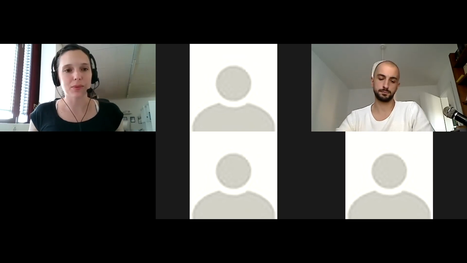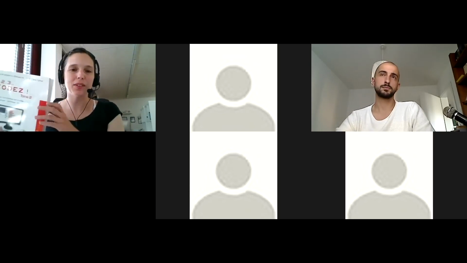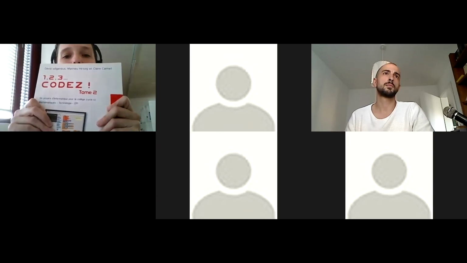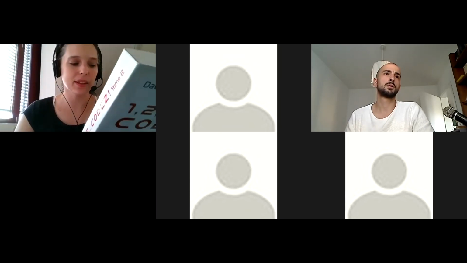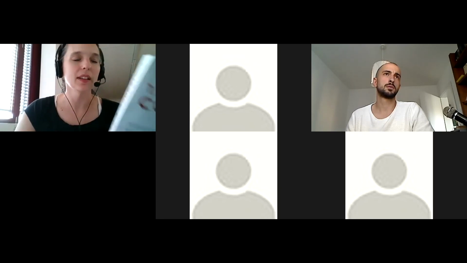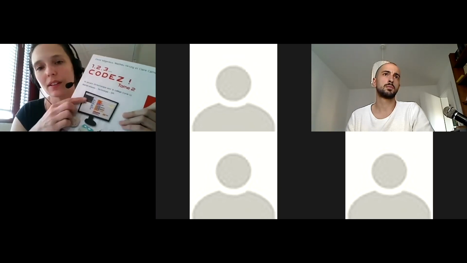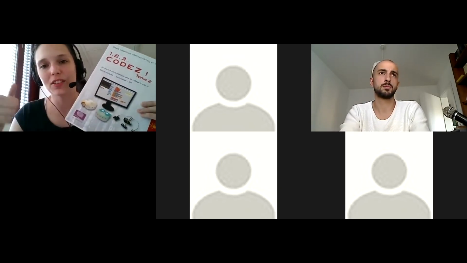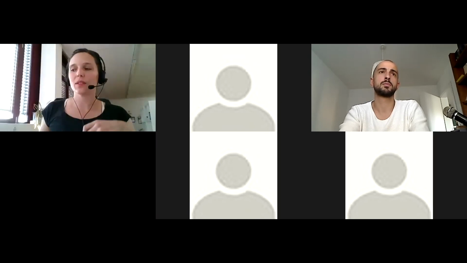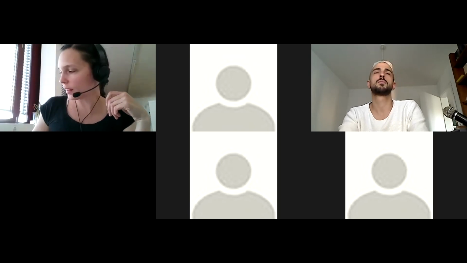Yeah, back to resources. One more resource that I wanted to show is this book, 1, 2, 3 Coder. This is the second time. This was edited by a French association, La Main à la Pâte. And this one has more, as you can see here, more Scratch exercises. So it's a little bit for older students. And then if you want to